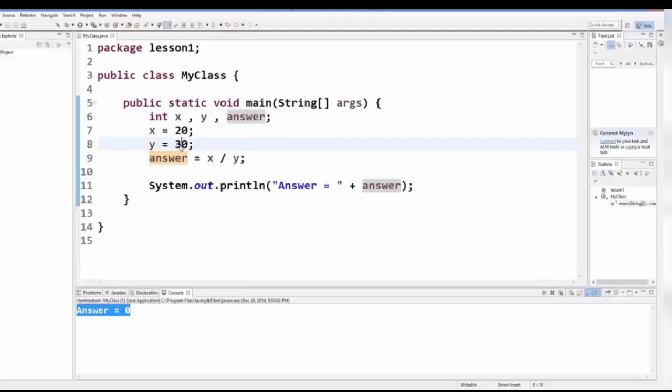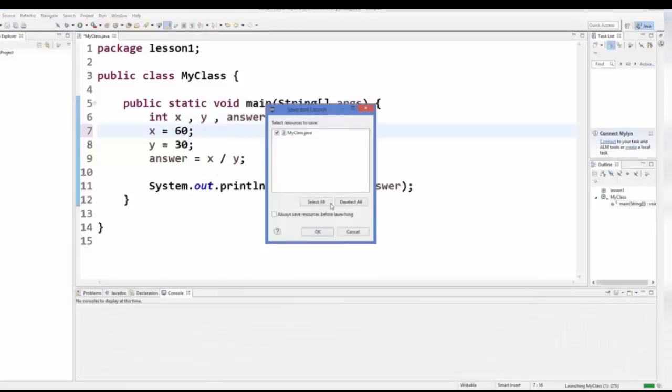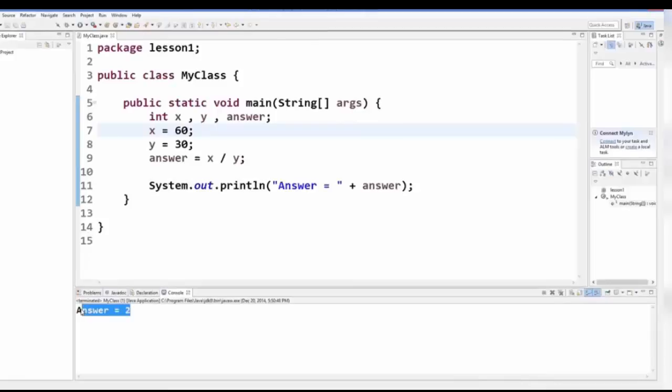And whenever we divide two values, the answer will be integer, and if this answer is not integer, then you get 0. So for example, we divide 60 by 30, right, or 600 by 30. Let's divide 60 by 30 for now and compile the program, and we get 2, right?